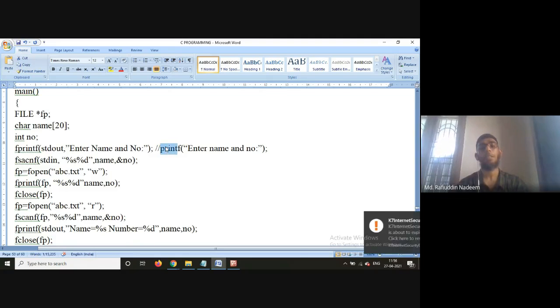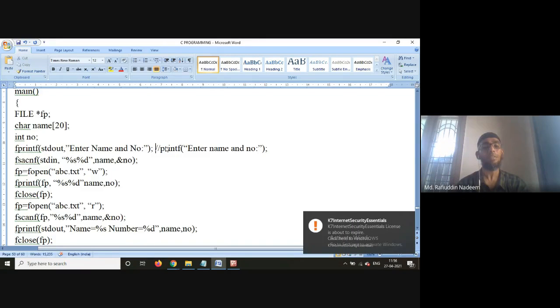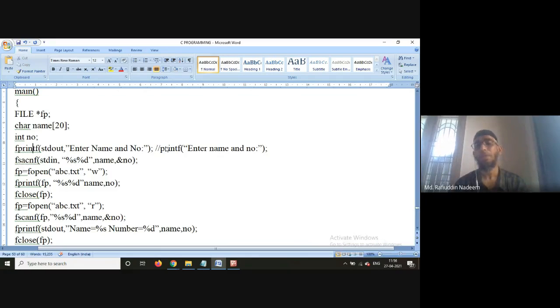So when we use fprintf, we also specify the standard output stream. Output means what should be displayed on the screen. I want to display, enter a name and the number, and it should be displayed on the screen. So once it is done,